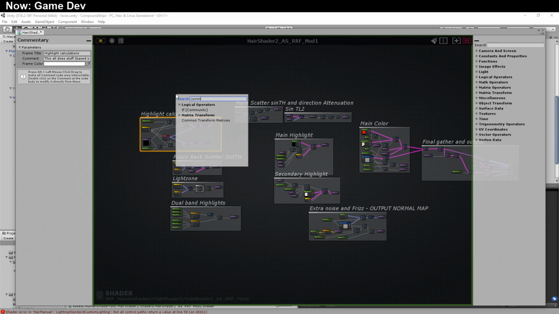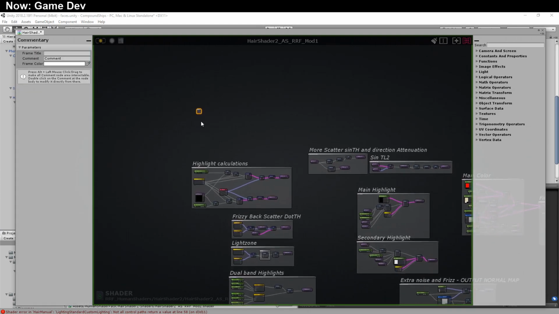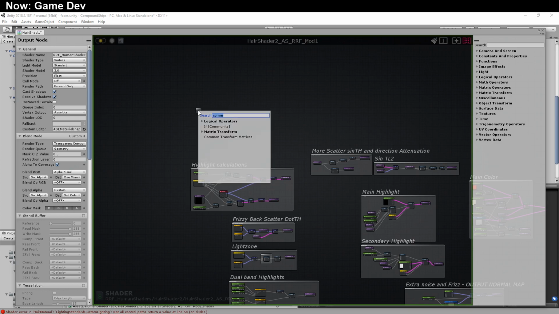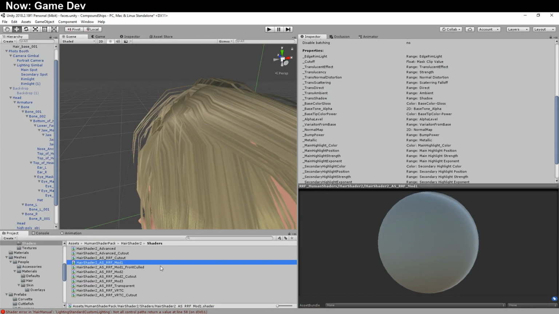There's no commentary. How did they add that? How did you add a commentary box? Okay, you hold C. That's fine. So what we've got here is a shader. We're not going to want to save changes to that. We're going to want to duplicate it and